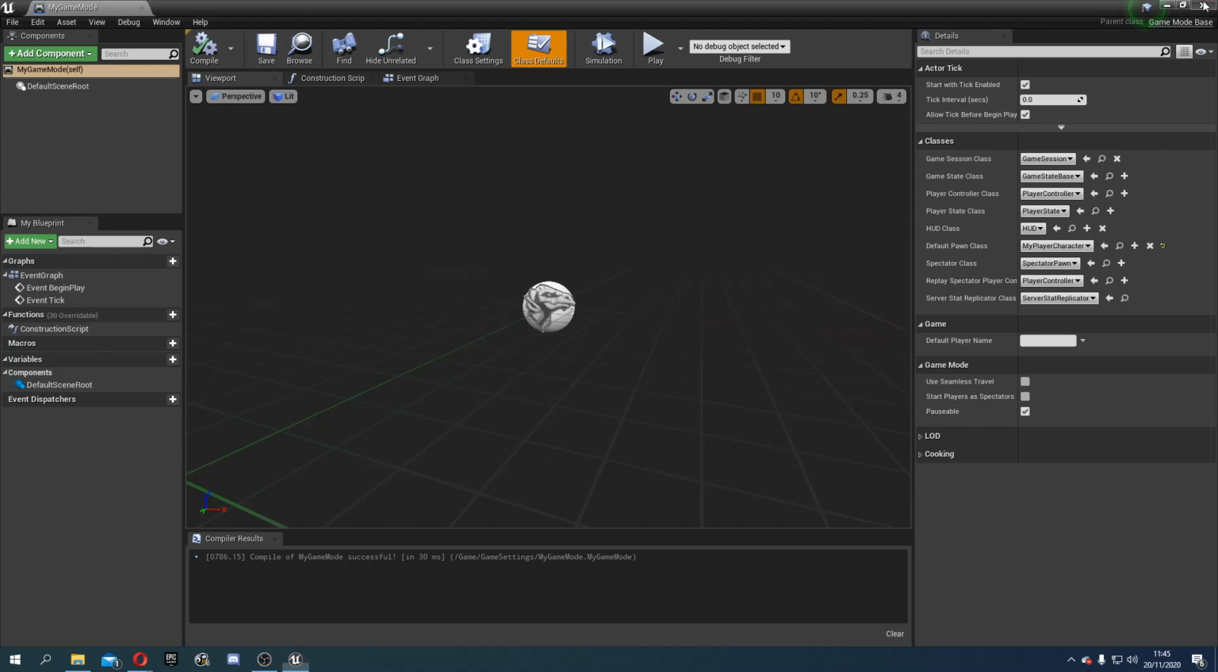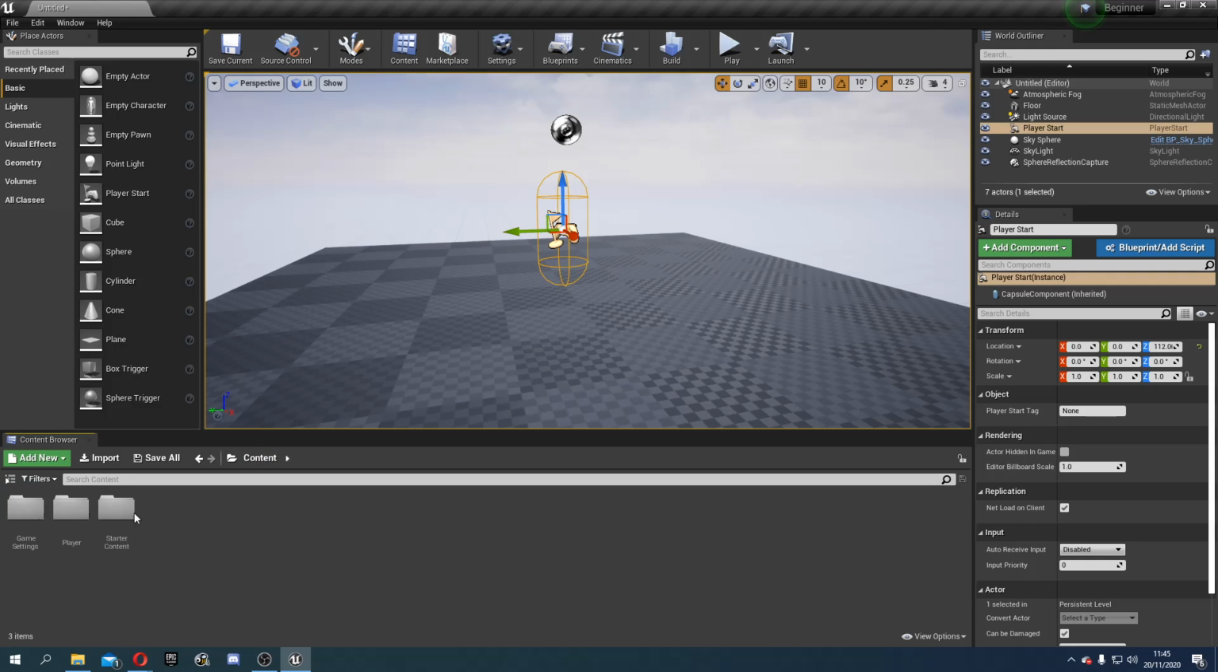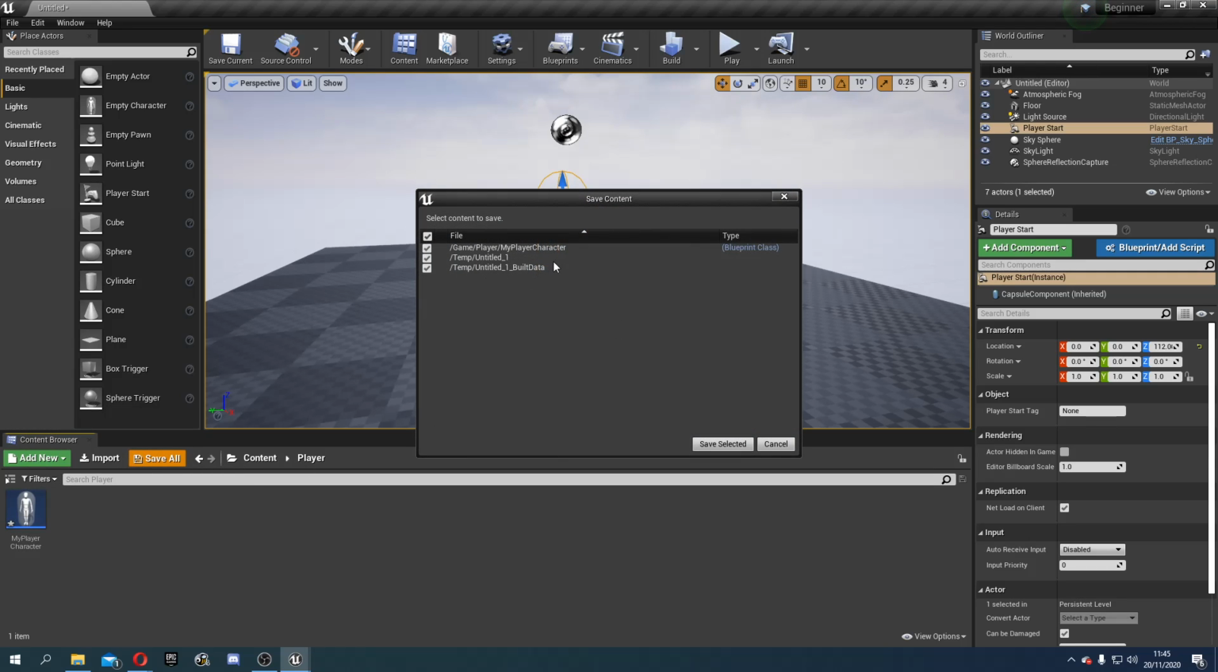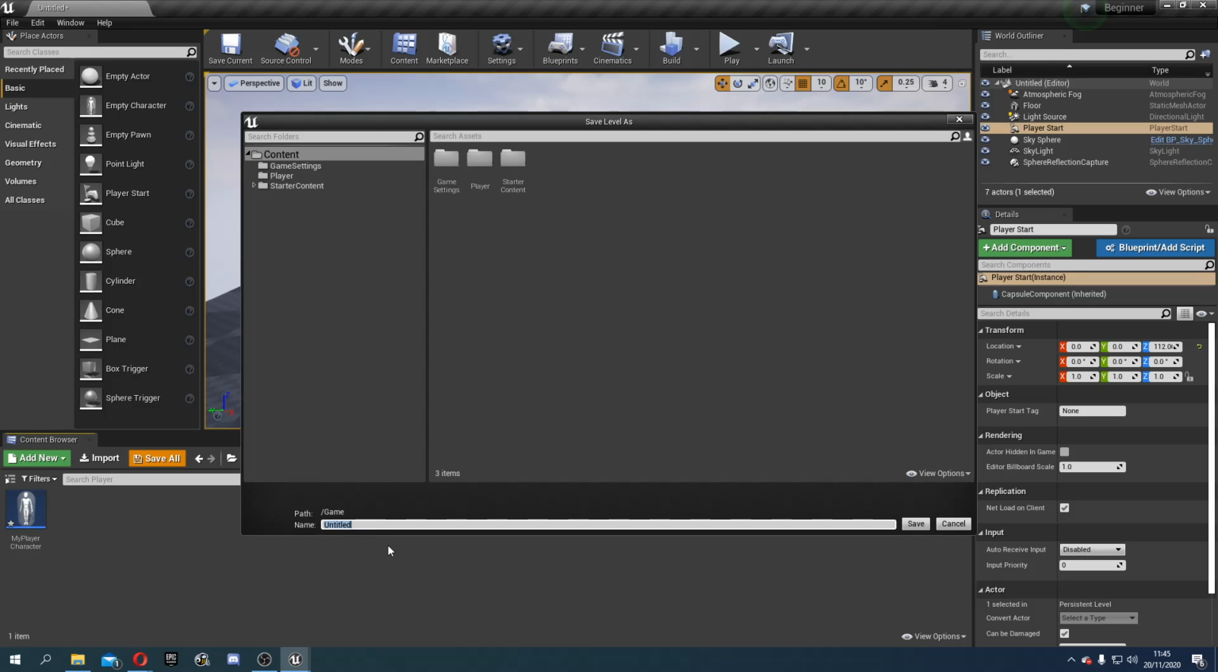And I should have told you in the last video about saving. See, our player character has the star icon. That is because that is an unsaved blueprint. If you hit save all here, you can see there, because I hit the build button, I have build data to save and a player character. Hit save. Now it'll want me to save my map,